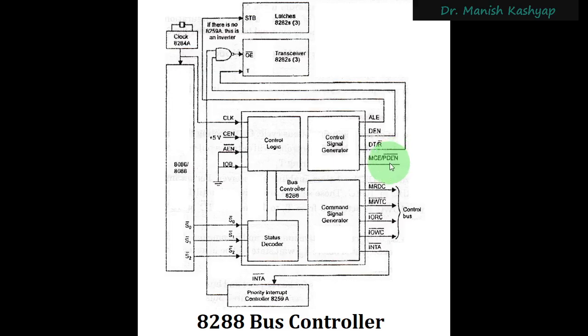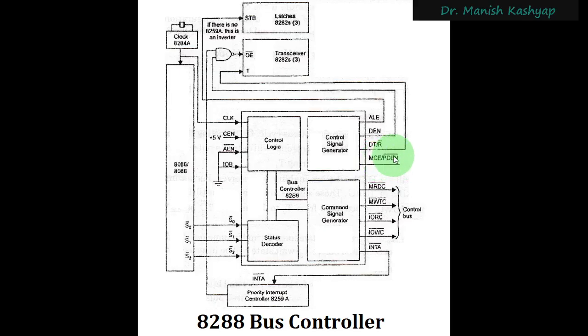So that interrupt controller IC, which is 8259, can operate in cascade mode. When we study that particular IC, this will become more clear to you. But for now, it is sufficient for us to know that this MCE is used to make that IC operate in this cascade mode. For that purpose, this particular pin is used when the MCE signal is activated,